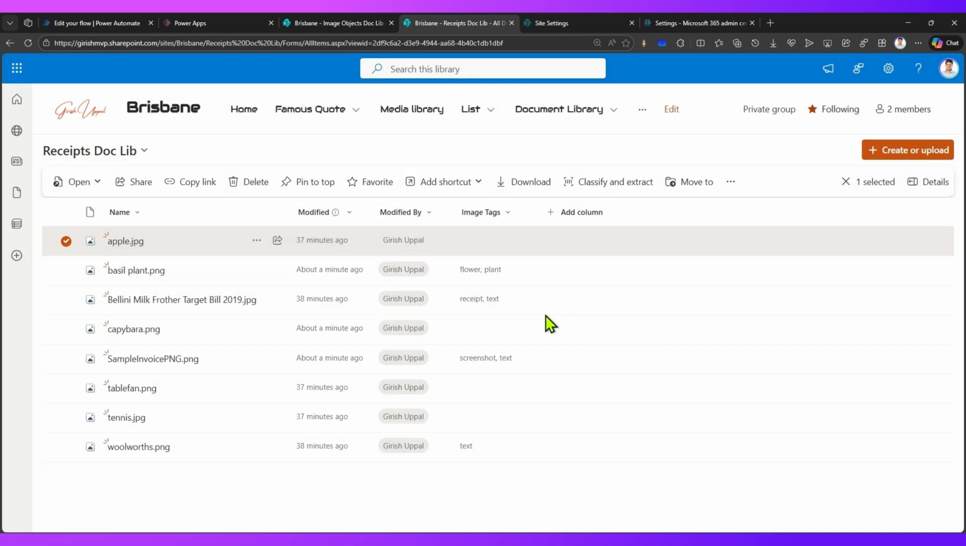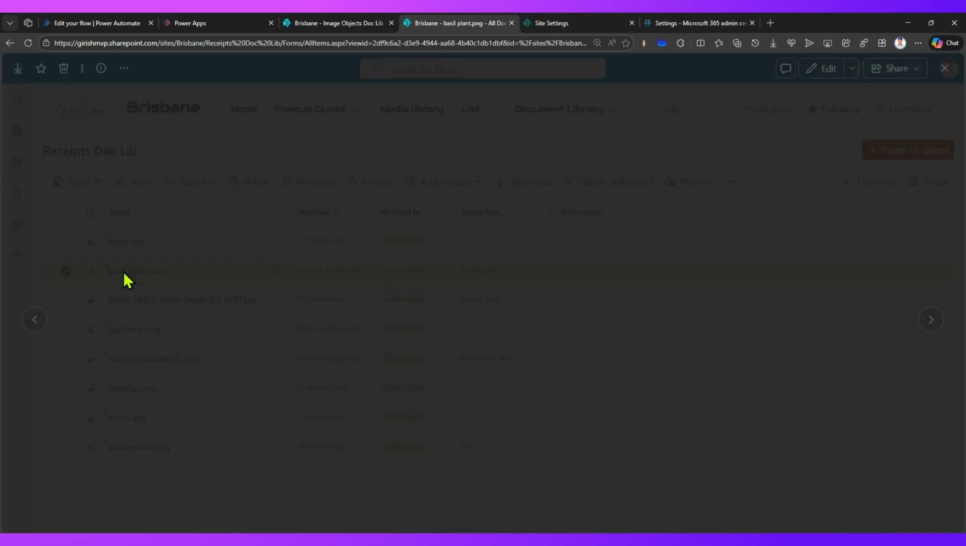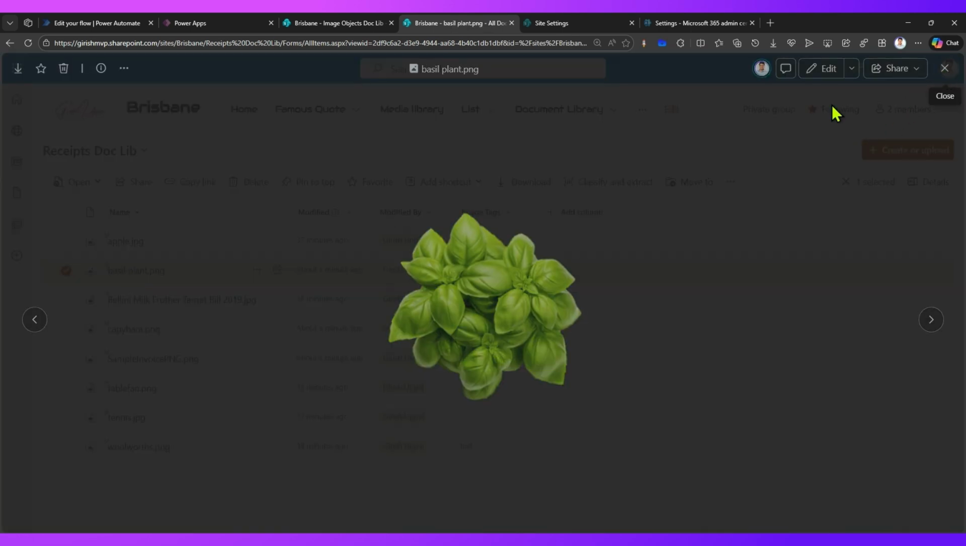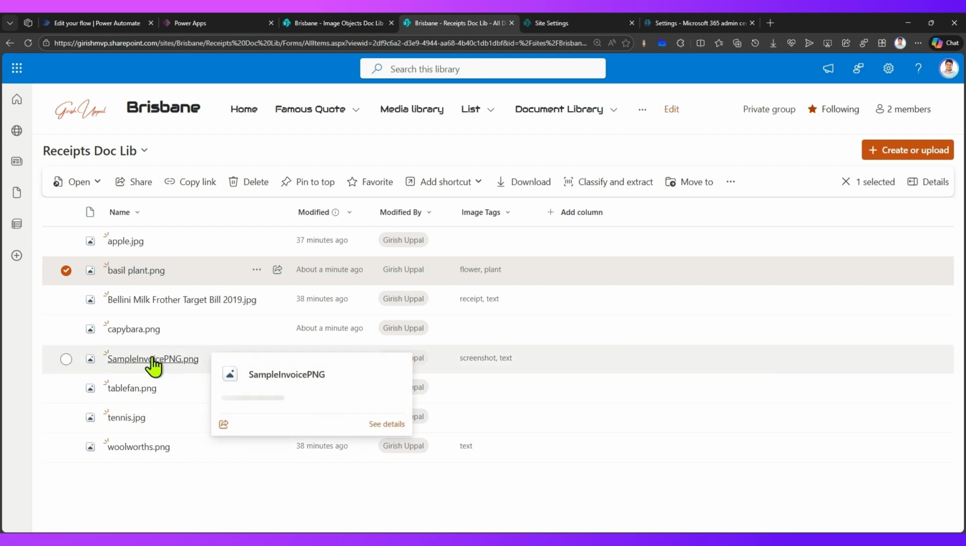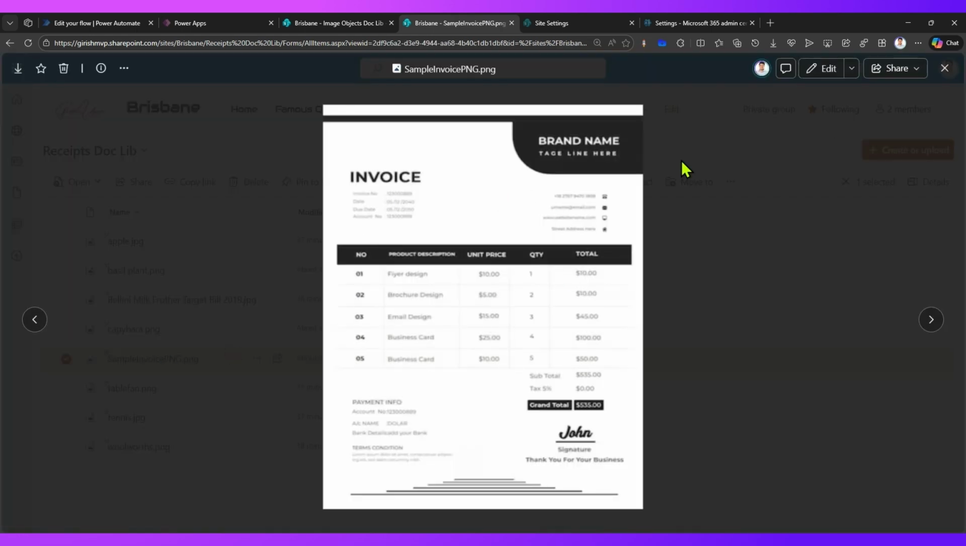Now you might have seen that image tags which have already been processed, it doesn't disturb that, right? So even if you disable it, if the image tag is configured with some value, it will keep that value as it is. So now as you see, the basil plant which we uploaded, it has identified that that's a flower or a plant. Now if you want to see the image, this is how the image looks like. Similarly, the other thing which we uploaded, sample invoice PNG, you can see it's a sample invoice, and